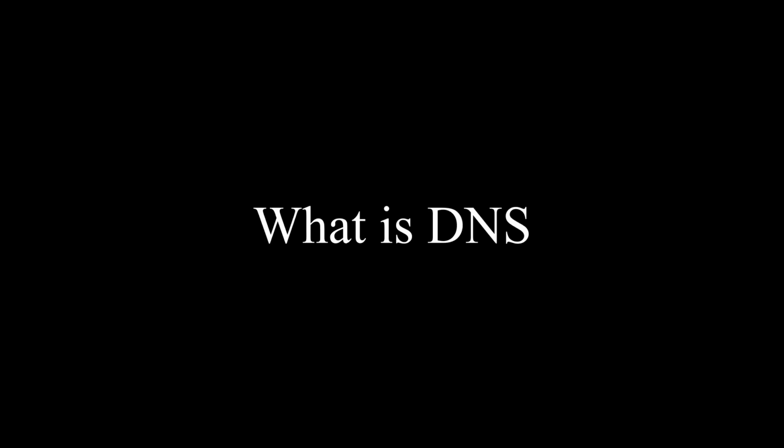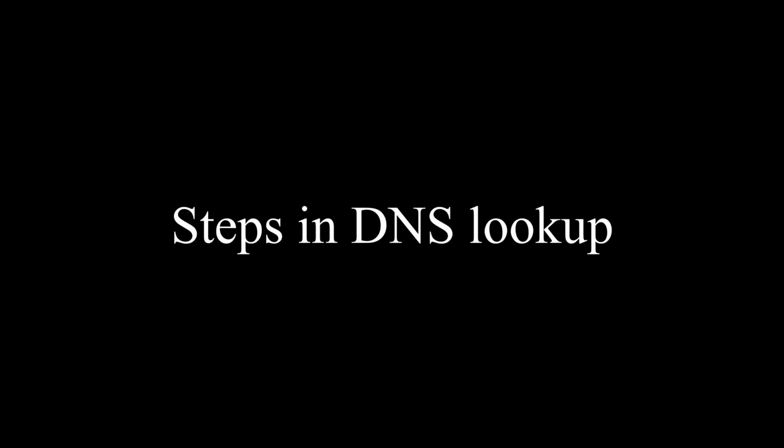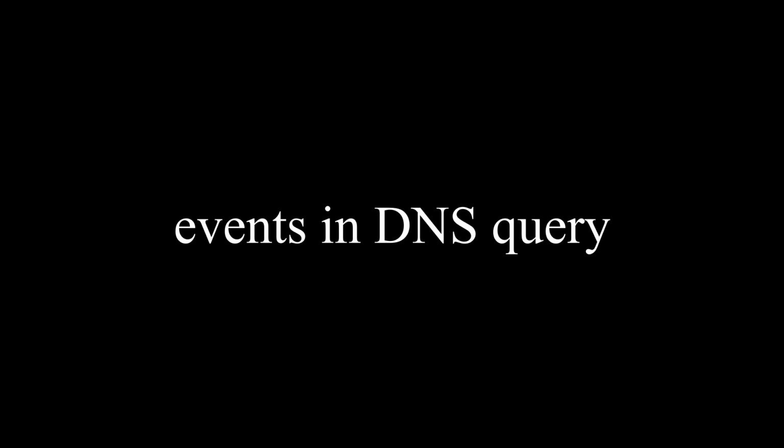Okay, so now before wrapping it up, let us take a quick glance at what we saw all this way. We saw what DNS is at the beginning and how DNS can help. We saw how DNS works and we saw the 4 types of servers that were involved in a DNS. After that, we saw the difference between authoritative DNS and recursive resolver. After that, we saw the 8 major steps that were involved in DNS lookup. And after that, we discussed DNS resolver and DNS cache. And finally, we saw the most likely and unlikely events that can happen during a DNS query request.